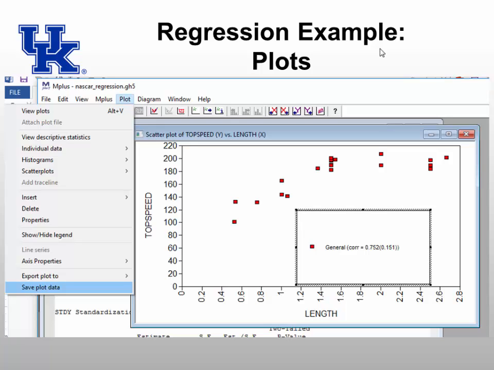So I mentioned that Mplus produces plots, and as with every statistical program that produces plots for you, they're not plots that you're going to put in your paper. Regardless of what program you use, you're going to have to make those plots yourself in Excel to make them really nice looking. And so this scatter plot here,